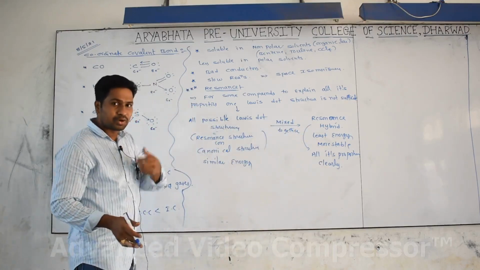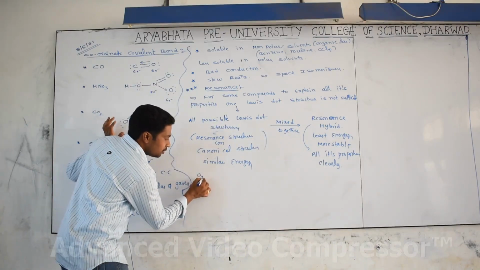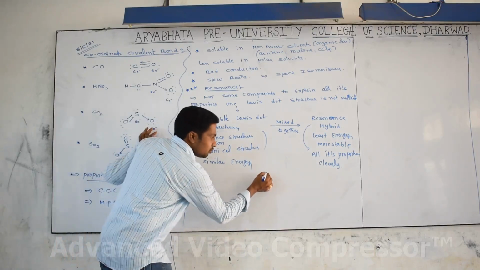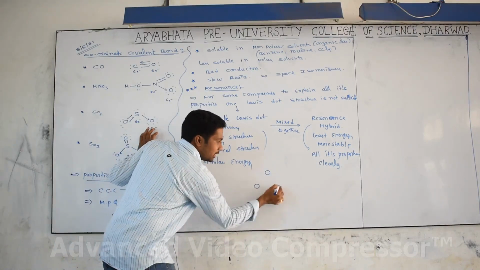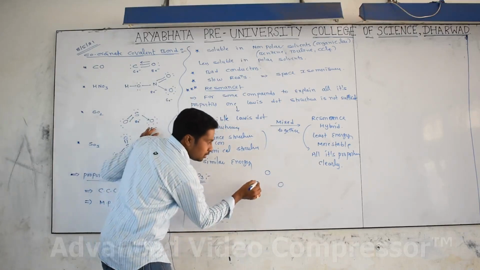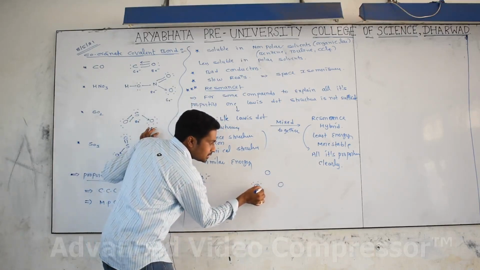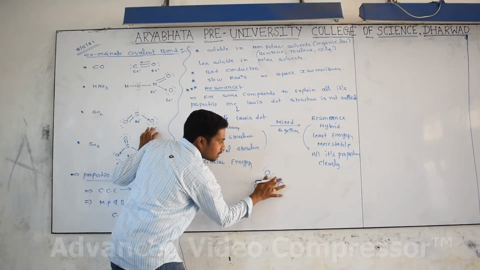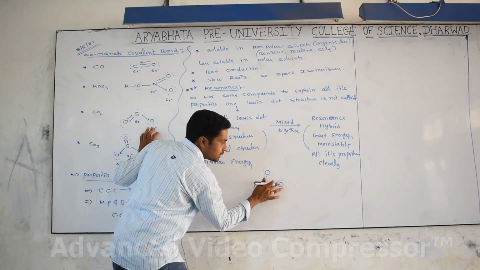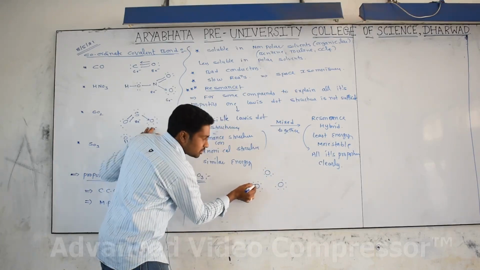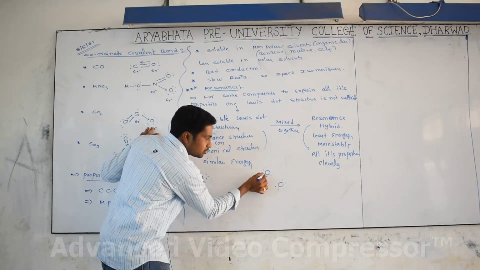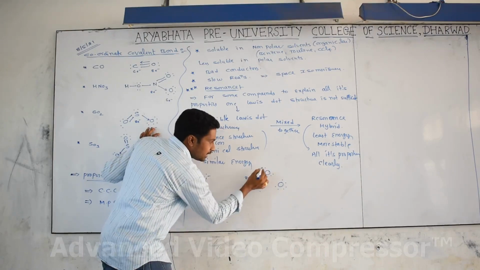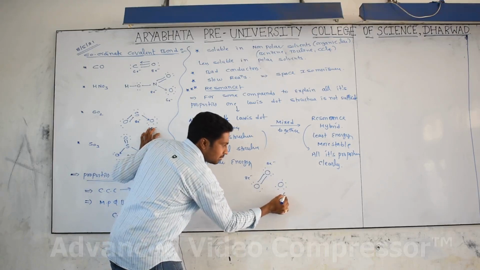Let me explain the concept here. Take an O3 molecule; you know very well O3 means ozone molecule. You see the ozone molecule: O, O and O like this. Now every oxygen has 6 electrons in its valence shell, so we can show them as 6 dots around it. Is it clear? Yes. Now what happens: this oxygen contributes 2 electrons, this oxygen contributes 2 electrons, they are involved in sharing, and we get a double bond. After that we get 8 electrons here, 8 electrons here, but here there are only 6 electrons.